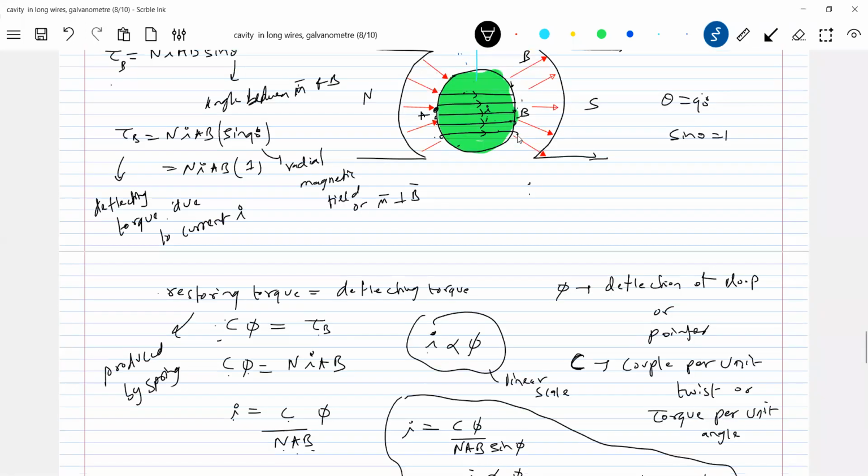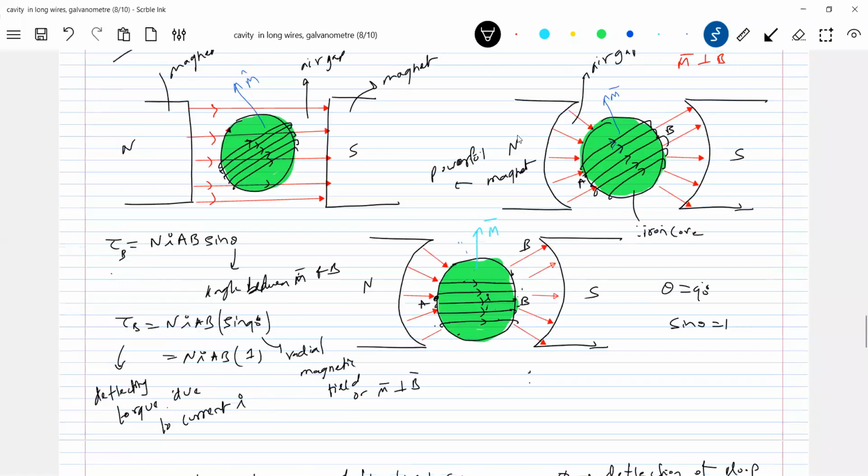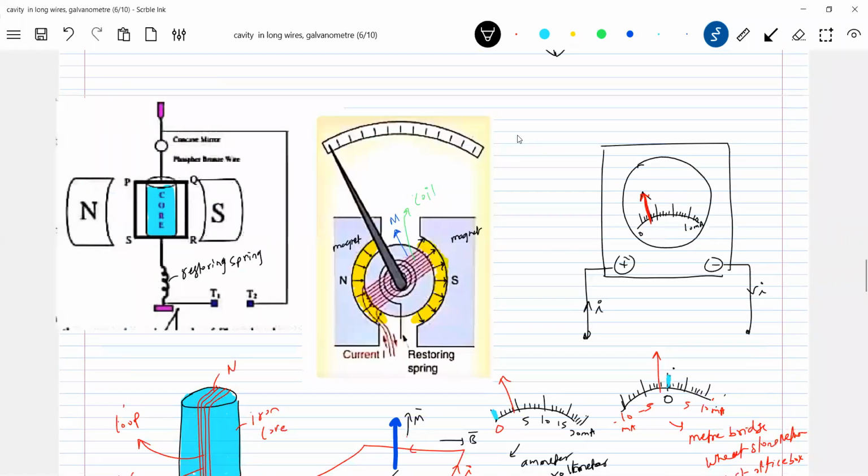So you got the mechanism. Now how all that happens here is what you can see from the diagram. When you pass a current, a torque is set up on the coil and it starts rotating. As it rotates, this wire will get twisted, so it will set up a restoring torque. And the pointer will come and stop at one point. As long as current I is flowing, torque due to the dipole moment will be acting on the loop. The wire got twisted and the pointer rotated. So the restoring torque is balanced by the deflecting torque, and the pointer will stay there. Now I'll increase the current. The torque due to dipole moment will increase. The pointer will come here.